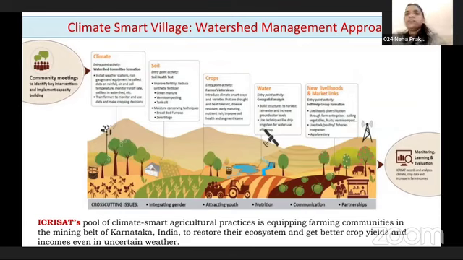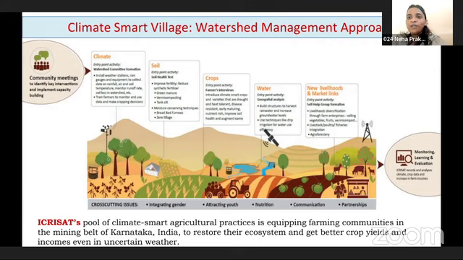This is one of the case study of Karnataka region. The ICRISAT pool of the climate smart agriculture. Here the climate smart villages is found on the basis of the climate, soil, crop and the water and new livelihood. There are the conduction of the program in a one villages